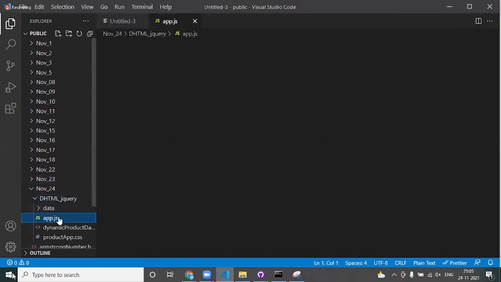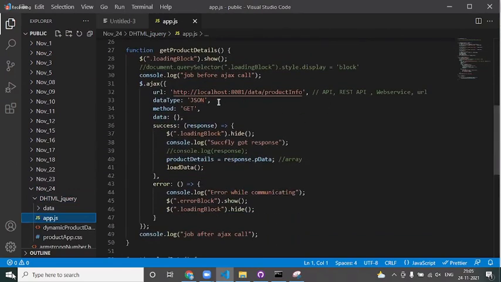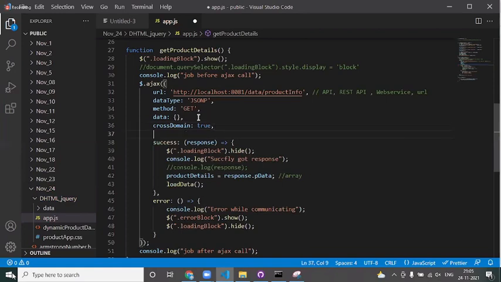Okay. So in the client side, what are the other changes you are expecting? The very first thing is, are we expecting JSON or JSONP from the server? JSONP, obviously. Yes, point number one. And the second thing is you need to specify another Boolean value, which is called crossDomain, which is true, indicating that you are going to communicate across domains. And the third change you need to do is specify the JSONP